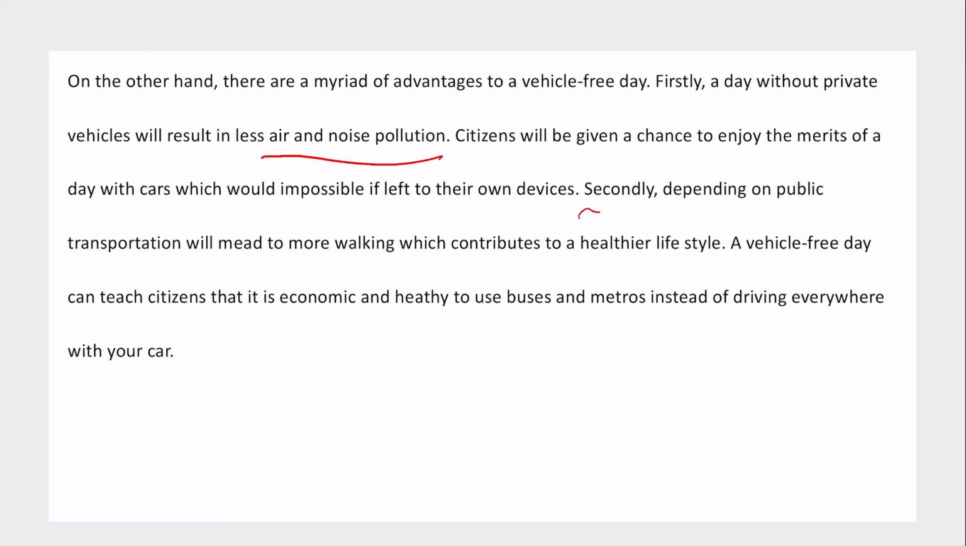Secondly, depending on public transportation will lead to more walking, which contributes to a healthier lifestyle. A vehicles-free day can teach citizens that it's economic and healthy to use buses and metros instead of driving everywhere with your car. Okay, so again, this is nice. They've explained logically, and their English here is very clear,